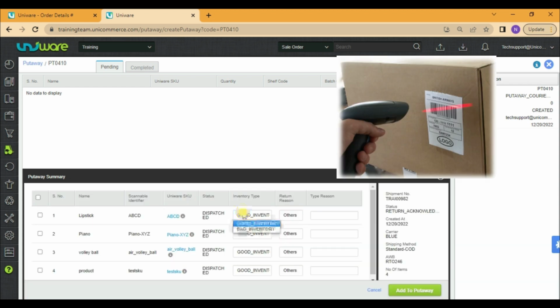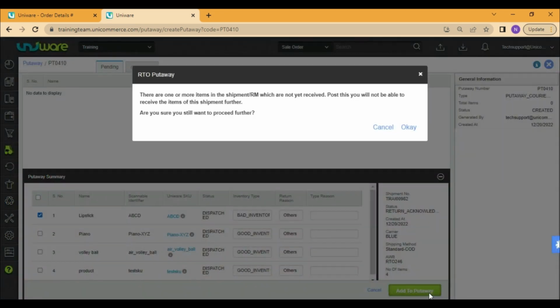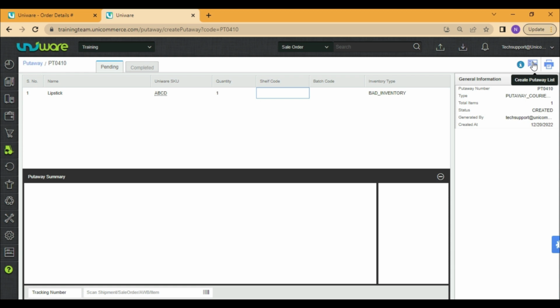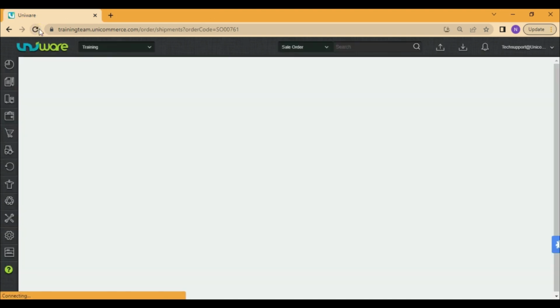Once the detail is added, you may choose to select the inventory type as good or bad and add the items to Putaway. Click on Create Putaway List, assign the designated shelf, and complete the Putaway. Once the Putaway is completed, the inventory will be added back and the shipment status of the order will be